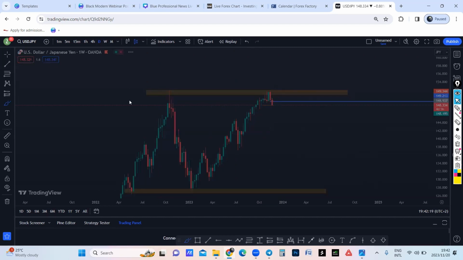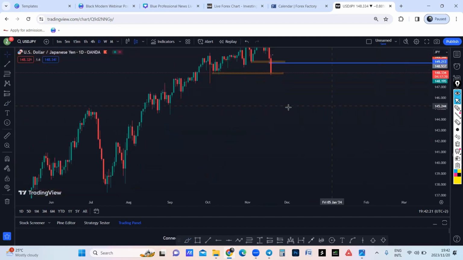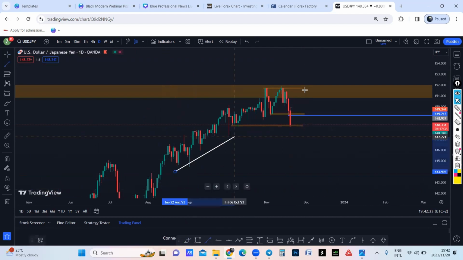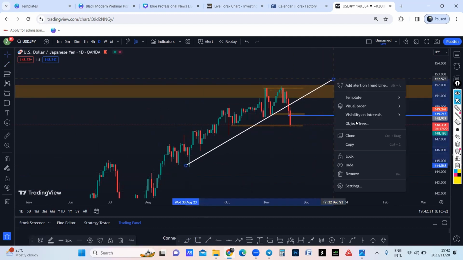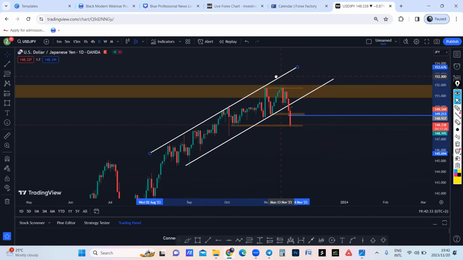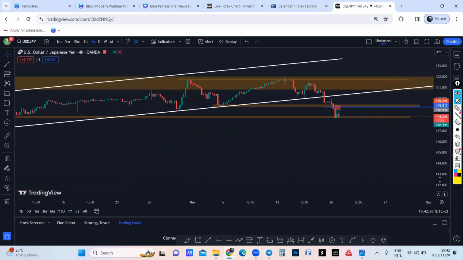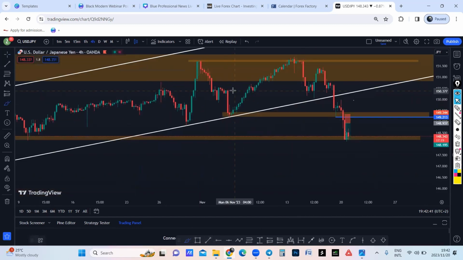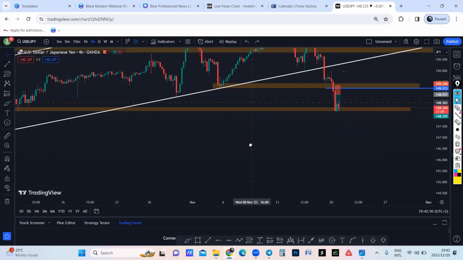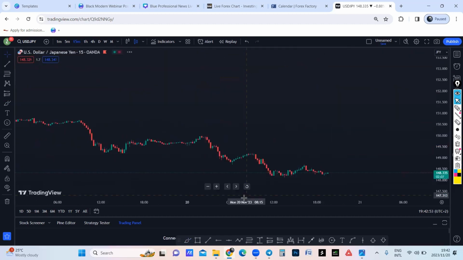On the daily time frame, the market was pushing to the upside, but it ended up breaking the trend line. The trend line was broken, as you can see on the daily. And then on the H4, we had this previous low. The market came there and broke it, came to retest it, and then sold. But you can see that clearly on the 15-minute time frame.